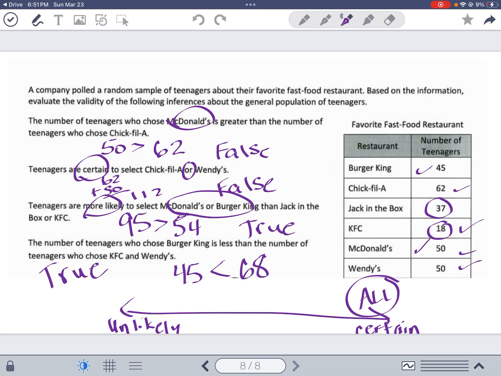All right, now you're going to go do the assignment and the independent practice and put those into the